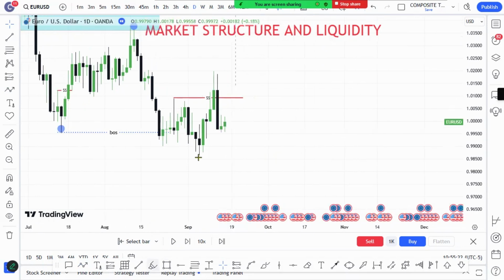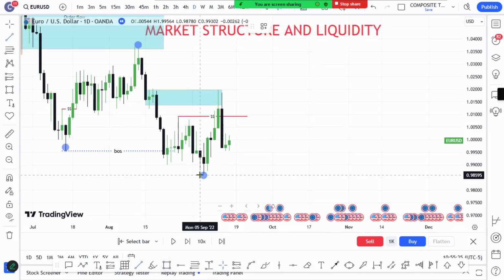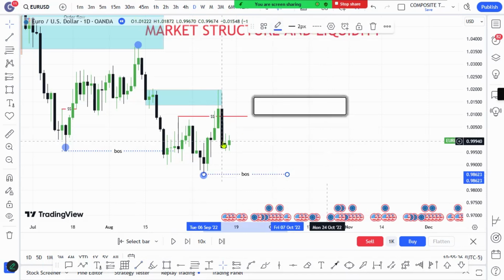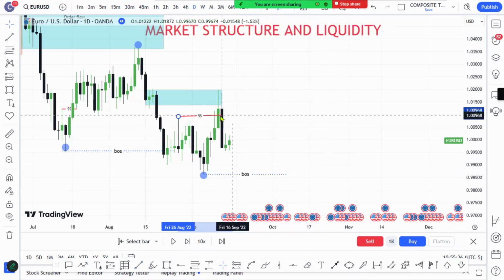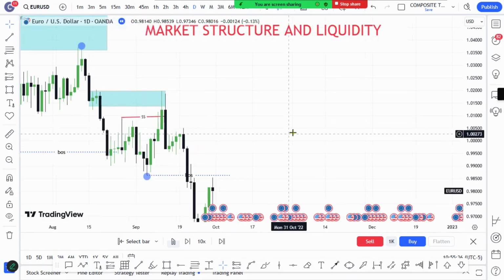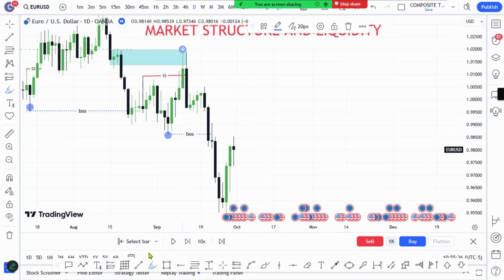Confirm your lower low. And remember, what is this? These are just orders, right? These are just normal orders. Now I want to see the market breaking this structure to the downside so that we can confirm our protected high. So what do we get here? Good. Break of structure to the downside. And once we have that, this is our high there, high low, I mean, and our new liquidity zone is here.